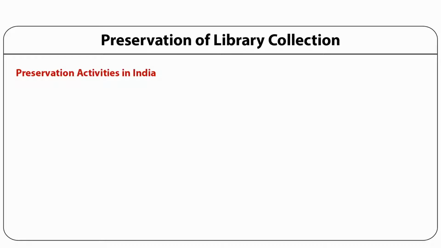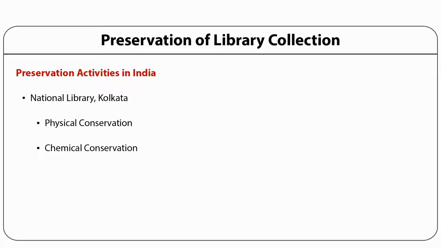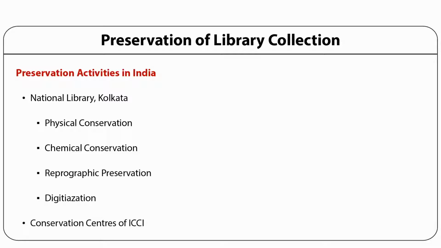Preservation activities in India. In India, the National Library, Kolkata has 4 divisions exclusively devoted to preservation and conservation activities. 2 divisions are for physical and chemical conservation, the third is for reprographic preservation, and the fourth is for digitization. Conservation centers of